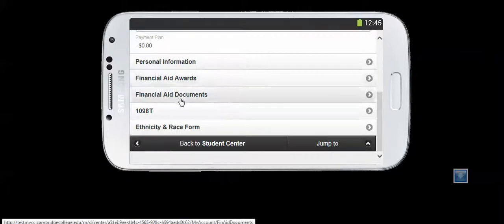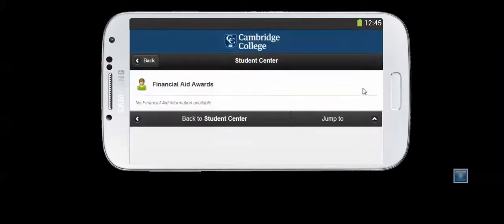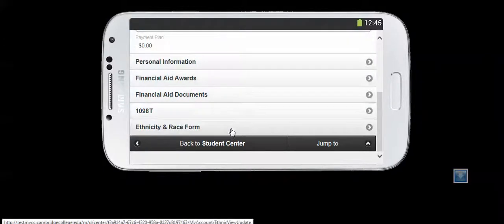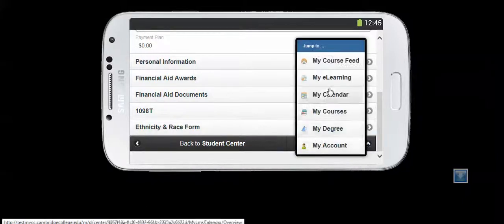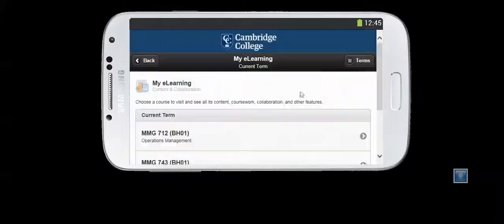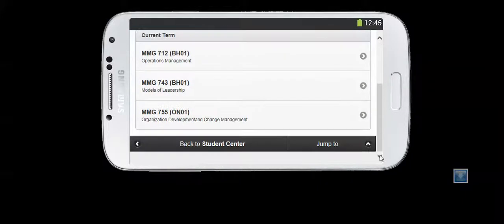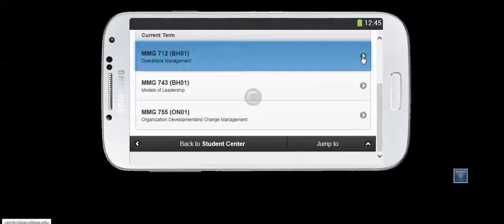He can go into financial aid. I don't believe he's doing financial aid, but we can check and see. So he doesn't have any financial aid award. He's a veteran, so he's not using that particular function right now. But we can go back to other areas, like we can look at his courses under eLearns, and we can see that he's taking 3 courses right now. If I were to take the one we just looked at in MyCC